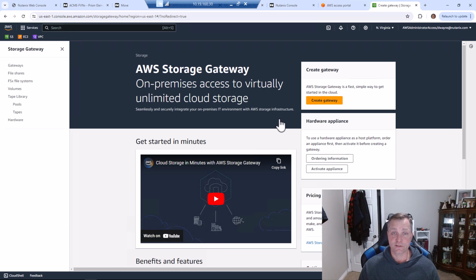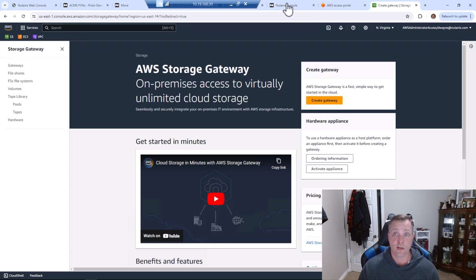Nutanix Cloud Clusters NC2 on AWS makes it super easy to integrate with any other AWS cloud service. This is due to our native networking, where workloads that come onto the platform will get a native AWS IP, which is fully routable. If you're looking to add more storage, sure, we have Nutanix options with Nutanix Files natively on the platform and Tech Preview with EC2 images,